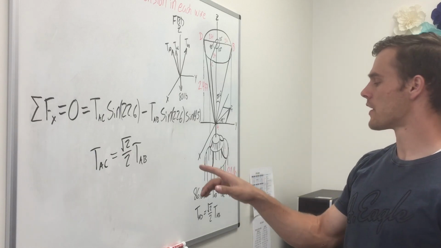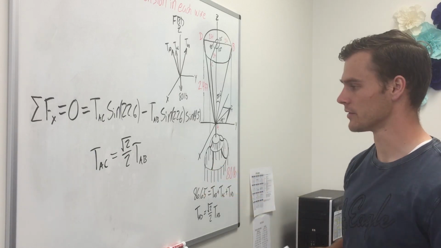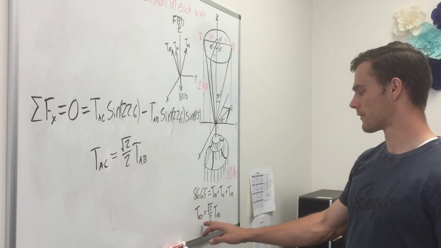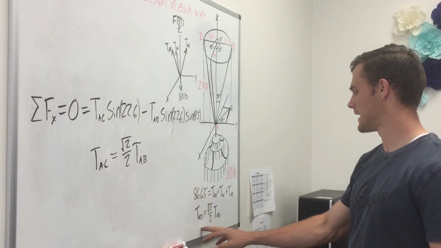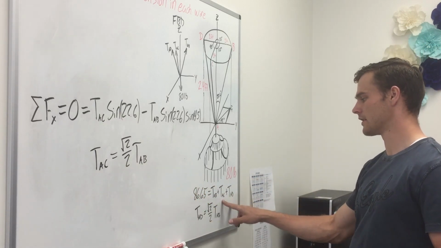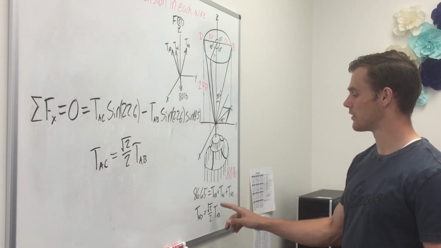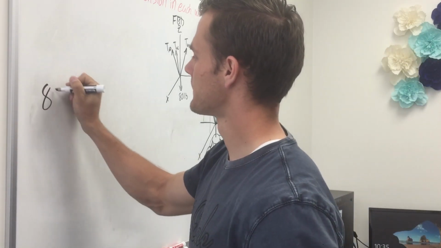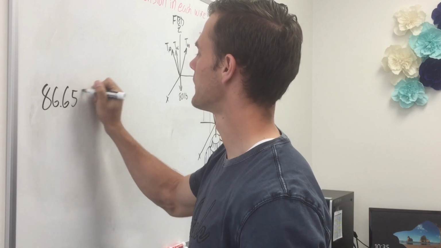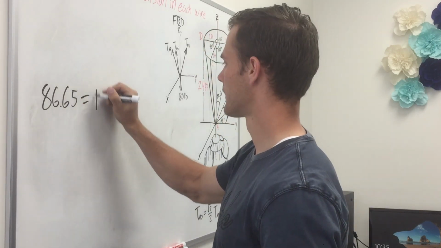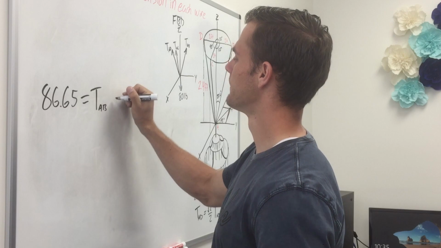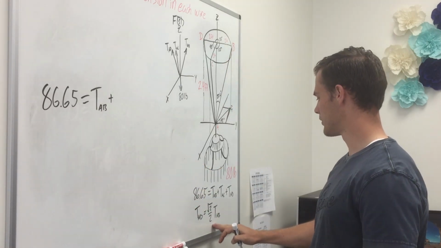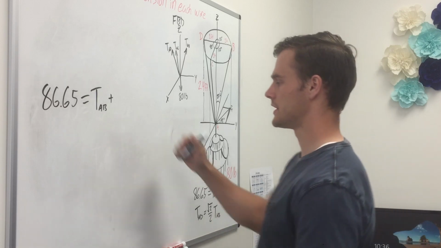And so now that we have three equations, we can solve for those unknowns, and we can see that this equation and this equation are solved for TAC and TAD, and we can replace those in here in this equation, and we'll have one equation just with the variable TAB. So 86.65 equals TAB plus the square root of 2 over 2 TAB